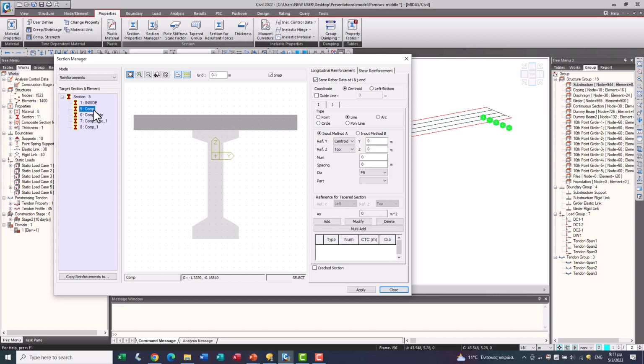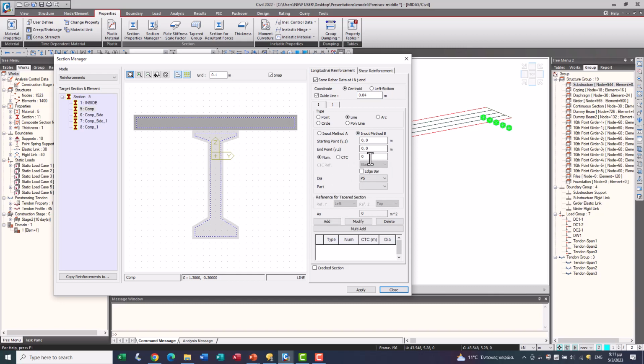So an easy way to place reinforcement is by using guideline lines. When we define, let's say, 40 centimeters of cover on the reinforcement, we have the creation of this guideline which will help us distribute the reinforcement.